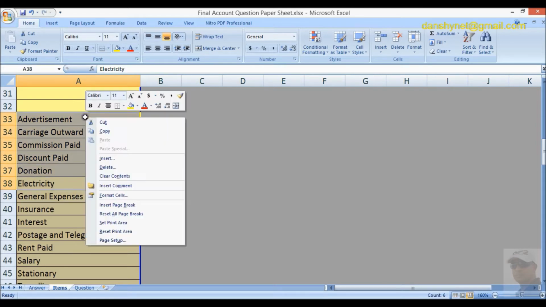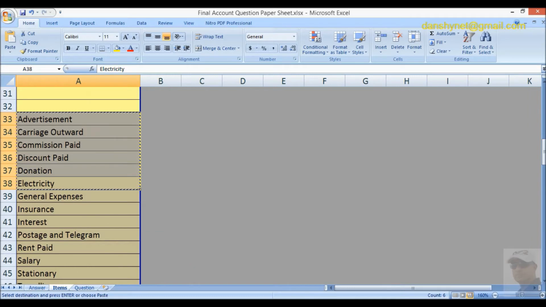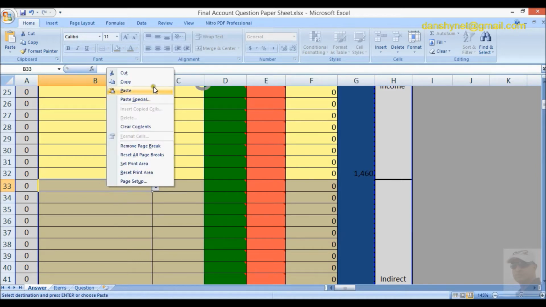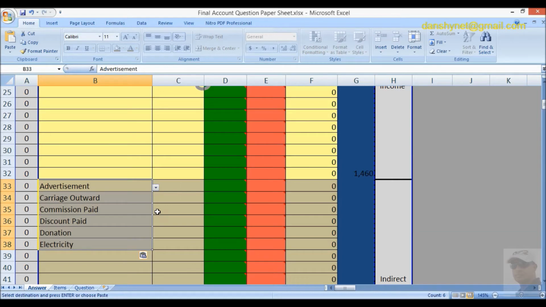Just right click your mouse to copy, or else you can use Ctrl+C, then come back to the area where you want to paste it. Just click the area where you want to paste, right click again and paste, or else Ctrl+V is the shortcut key for pasting. Ctrl+C for copying and Ctrl+V for pasting. Then advertisement 350, then carriage outward 160, then commission paid 900, then discount paid 60, then donation some 52, then electricity some